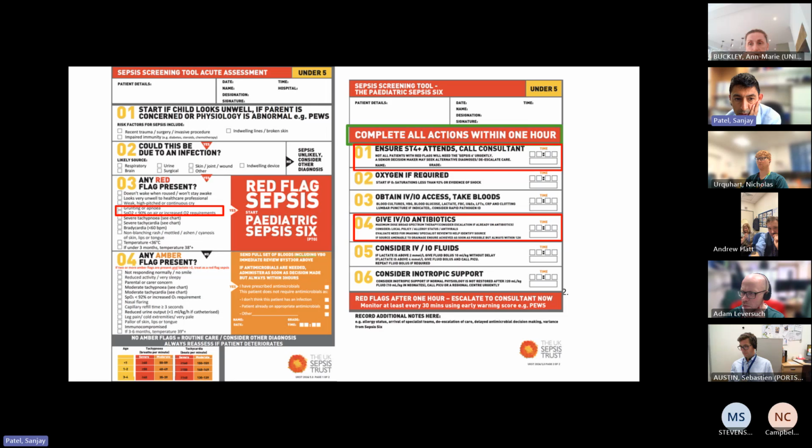So this suddenly means that almost every bronchiolitic child, in addition to getting senior input, gets antibiotics, and this doesn't quite align with NICE, because if you read the NICE guidance clearly, yes, your red flags should trigger a senior assessment, and a senior assessment should then decide whether IV antibiotics or antibiotics are required. But here they're being brought in at an equivalent level, and I think this is one of the issues we have. And for adults, this may be entirely reasonable, but for children, we have so many children